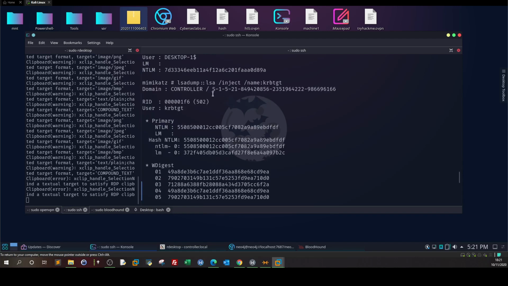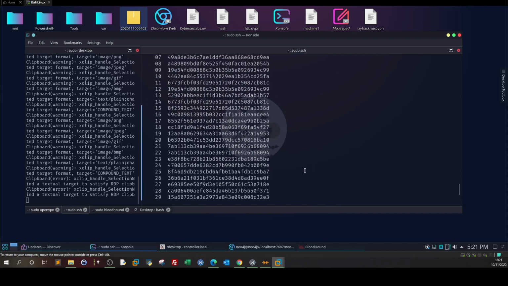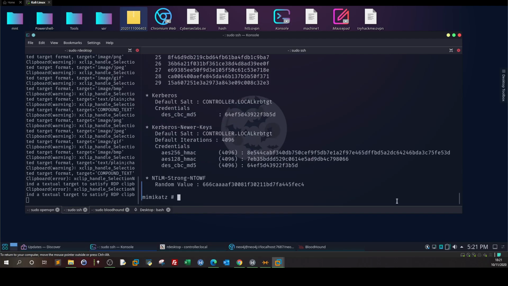So we have this identifier, which is the SID. It's going to be needed, and we have the account name, the Kerberos ticket granting ticket account, and we have its hash. To create the golden ticket, the command is also specified. So we type kerberos::golden,